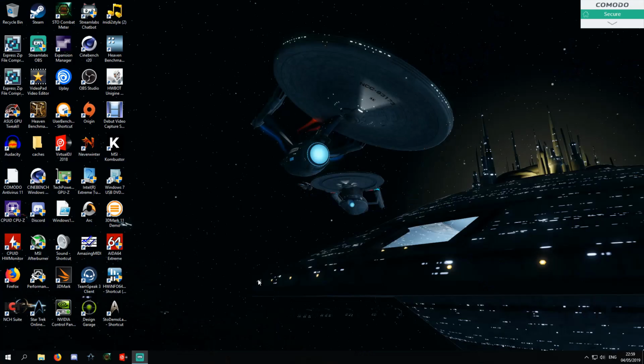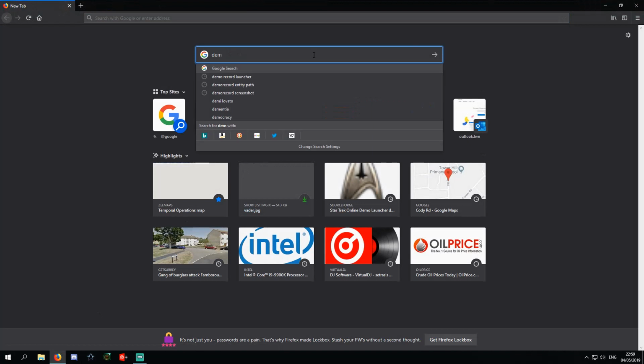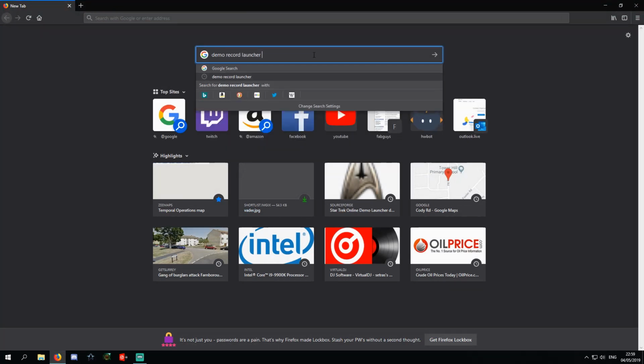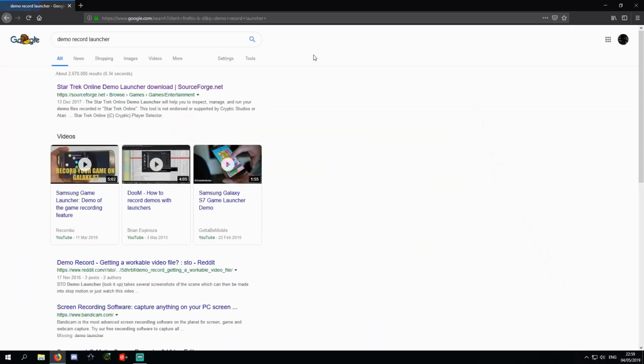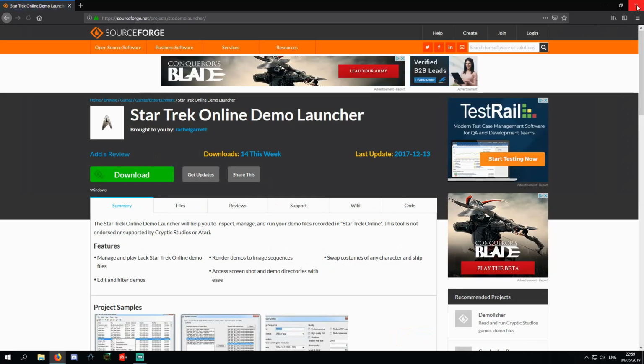Right, now, as you can see from the desktop, I have used this feature to create some of my own wallpapers for my computer. So you're going to want to get this bit of software here. This is called the STO Demo Launcher. It's written by Rachel Garrett, and it's easy to find, so we can just do a quick search on it there, and it comes up straight away, number one search, and let's just download it and run it,